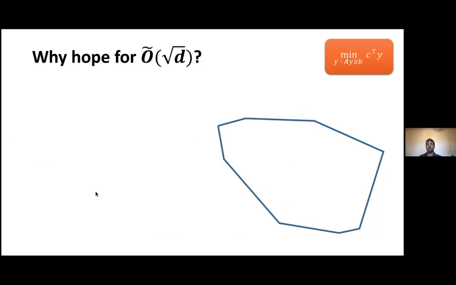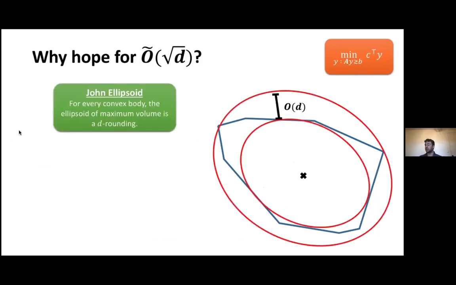Can we get some other intuition of why we could hope for a root iteration method? One way to see that, to get to some reason, is it's actually known. So we proved that the Dikin ellipse of the logarithmic barrier at the analytic center is an n-rounding of